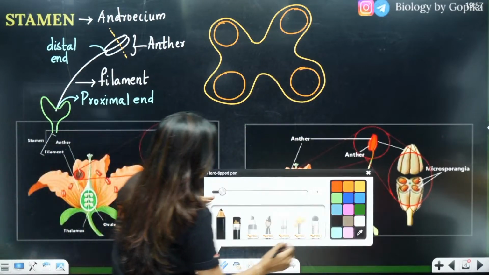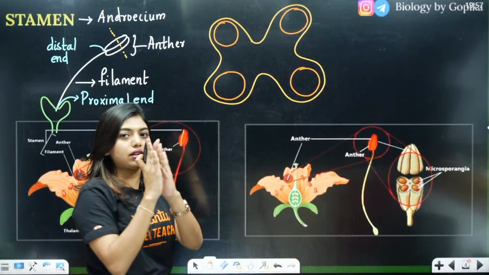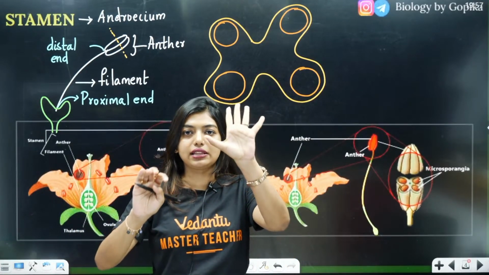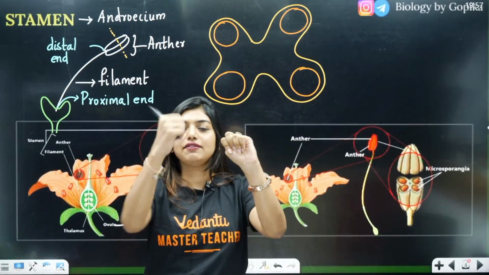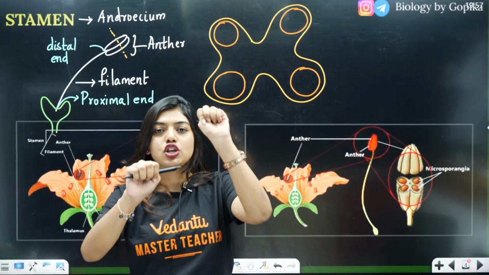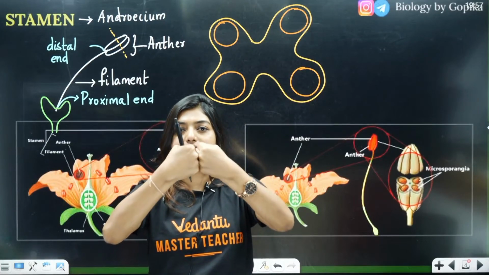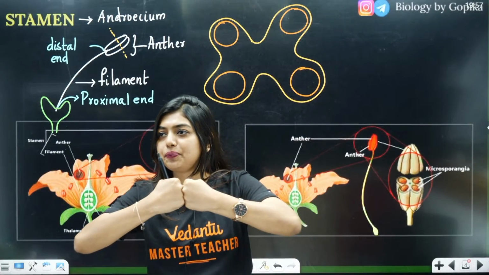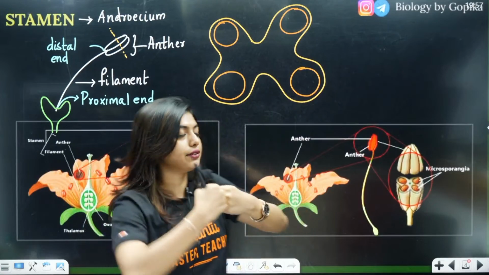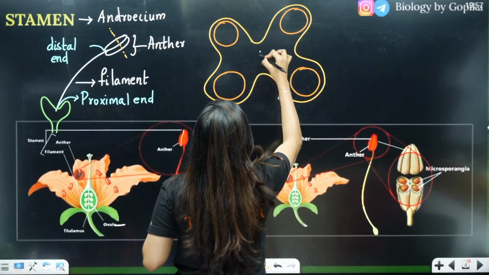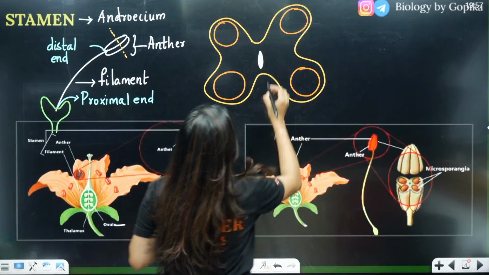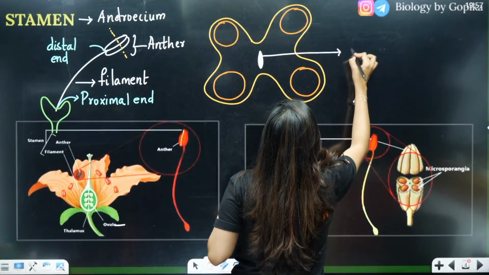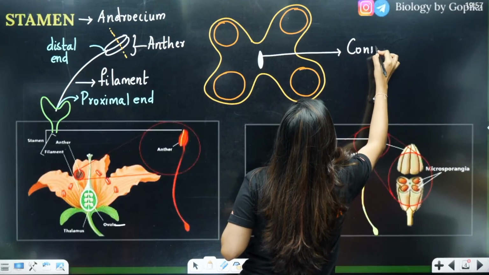Now, I am going to explain everything. Students, two anthers, right, this is your two lobes of the anther. Let's say this one hand of mine, where this ring is, this is one lobe, and where this ring is, this is one lobe. These two lobes are attached like this with the help of a connective. Where is that connective going to come? Obviously, the connective is going to come here. Clear to all of you? So we will label this as the connective.